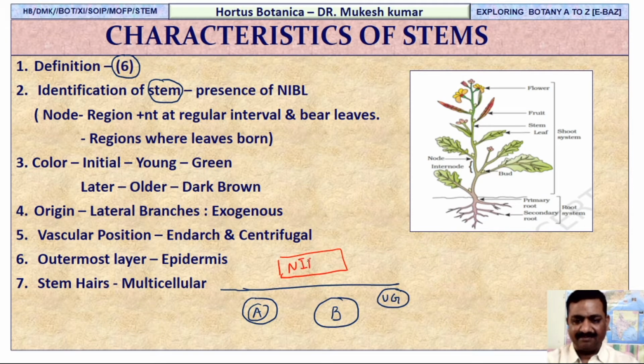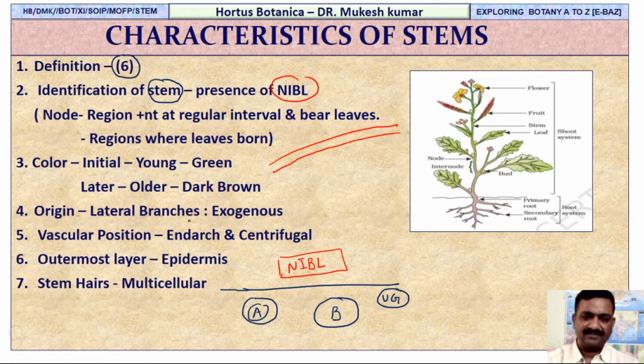Don't worry, you just have to recall whether there is a NIBL or not. N-I-B-L, nibble. What does nibble mean? See, we have this very structure. Say, if it is a stem, this stem has this structure. What you are finding? This is a node. It is also a node. So we have 2 nodes, and in between the nodes we have this structure, and this structure is called the internode.